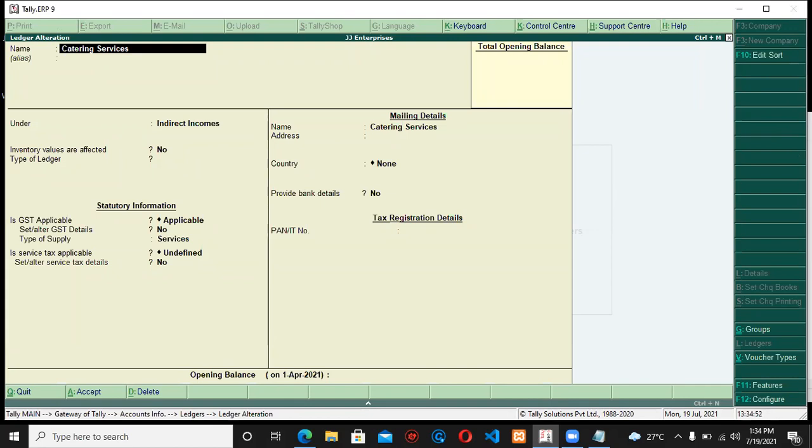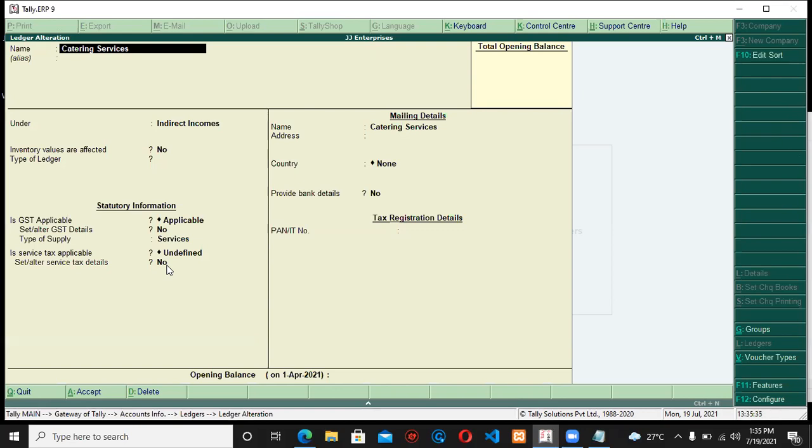I did not set it here specifically. If you want to set it, I can set it as set and alter, and I can alter it over here as 18%. 18% is already done at what level? Your company level. So we don't have to redo it again. Please remember this point. Okay. Your tax can be implemented at 3 levels in case of your services. One is company level, the other would be your accounting ledger level, and group level we can also implement, and transaction level is quite common. All right, so in this way we have created our services ledger.